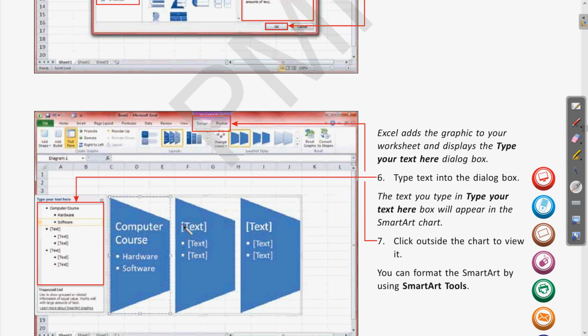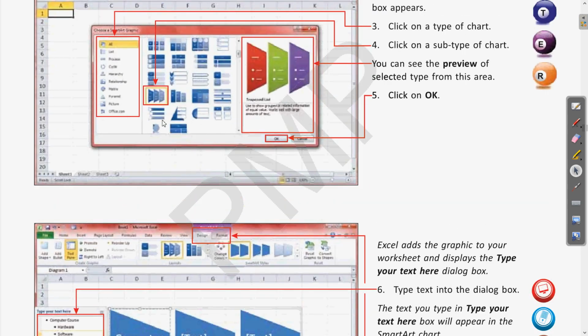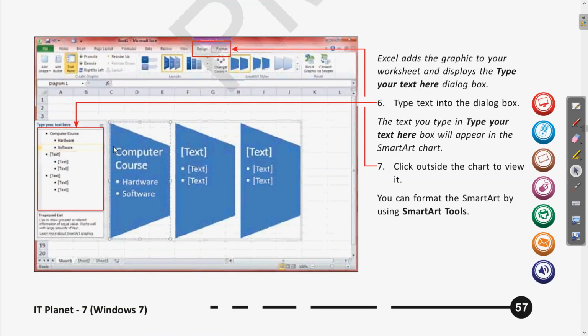So here you can see this is a layout which was chosen from the smart art selection in the dialog box. Then from here we can write whatever text we want, like the different computer courses such as hardware, software, and various other courses.